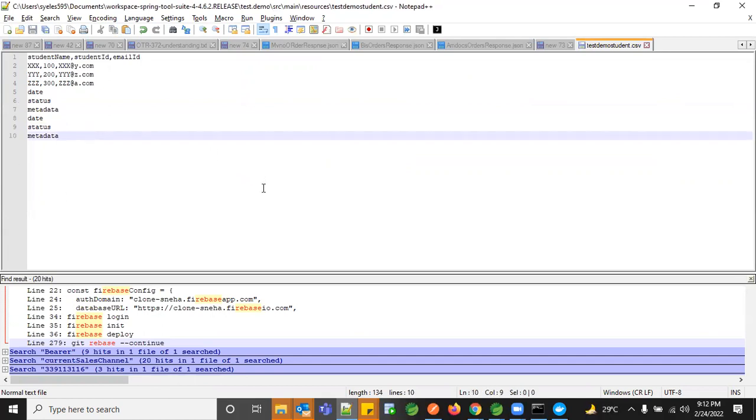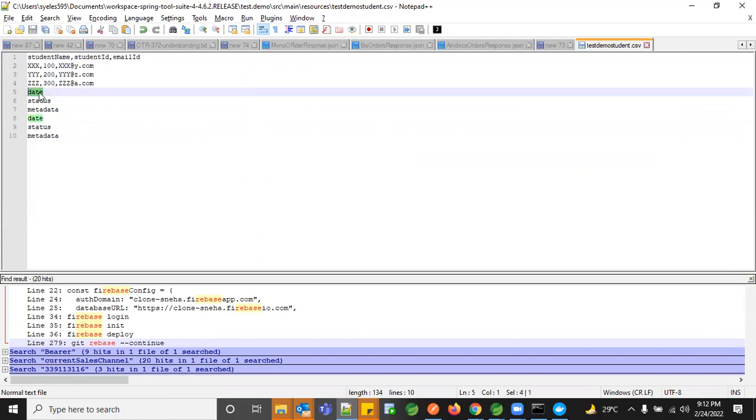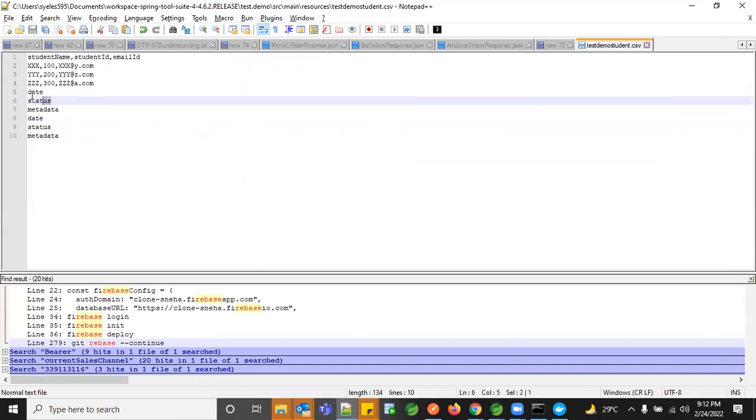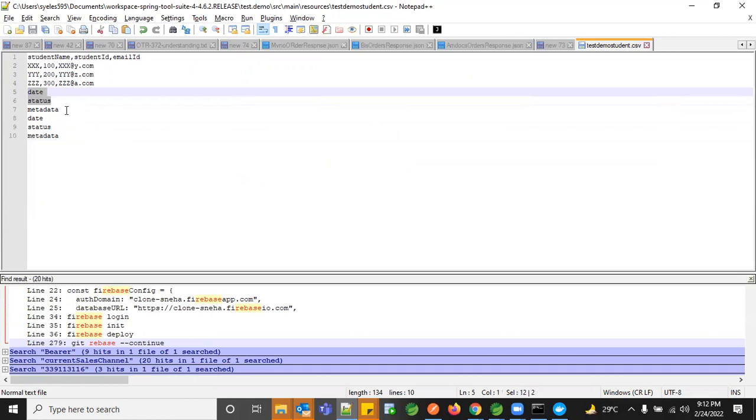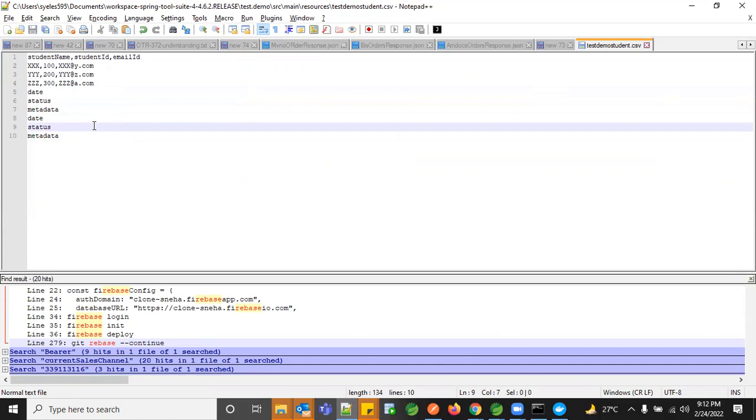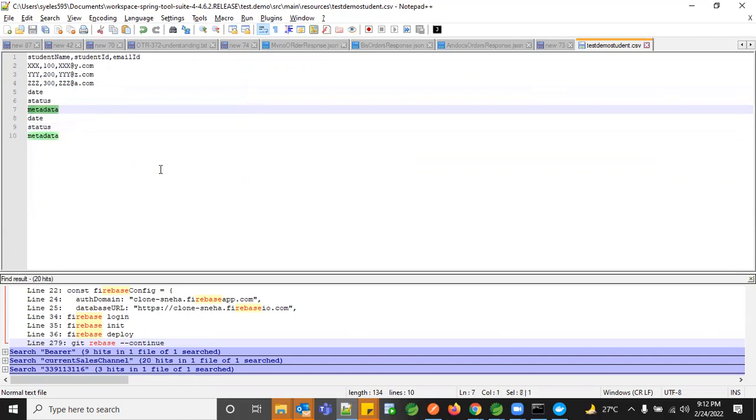So what do we do? What are the things we need to validate? The date and status are a must, because we are going to use this in our program. But metadata is something which can remain in your document itself, because you're going to save this file somewhere as a backup. You want to keep it as information provided by the user, but you don't want it stored or used in your entire functionality. So in that case, you know the ordering: it's date, status, metadata. This would be the structure.